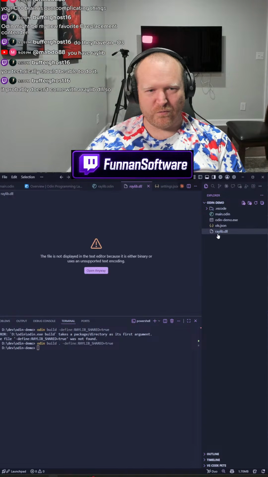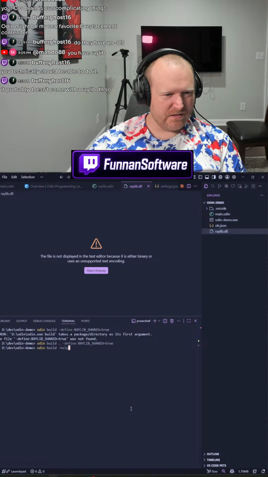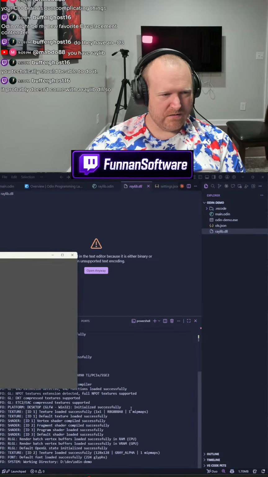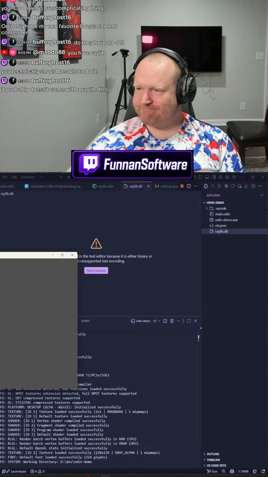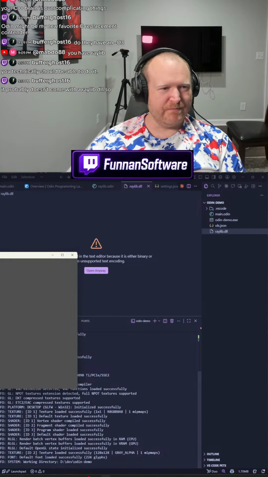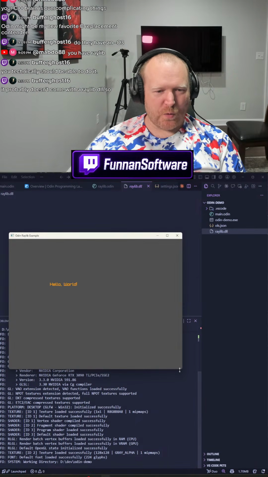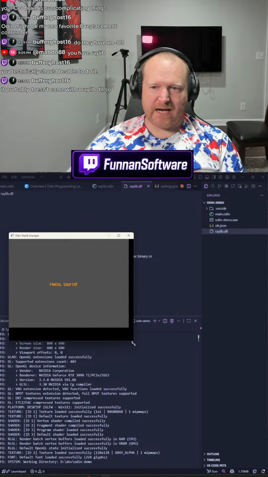Check it out. Raylib.dll, guys. See if it runs. That's what it was. So you can do dynamic libraries as well.